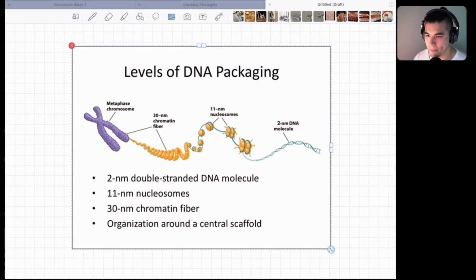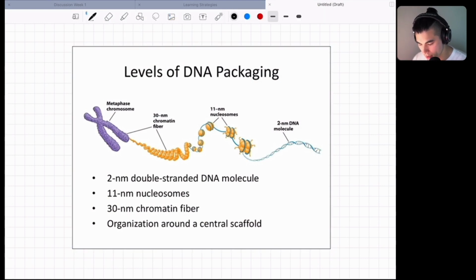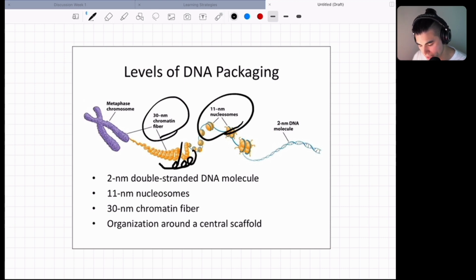So first of all, chromatin. Chromatin is a level of compression for DNA, or a level of packaging. This is the 30 nanometer diameter chromatin fiber. Now, what is that? It's when these 11 nanometer nucleosomes coil around together in a spiral and form